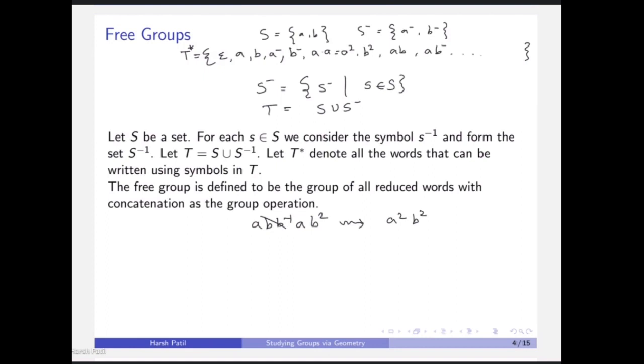Whenever you start with a word and do free reduction, at some point you will end up with a word which can no longer be freely reduced, and such words are called reduced words. And the free group on S is exactly the set of all reduced words in T star. And the group operation on this is that, let's say you have a word W and another word W prime,